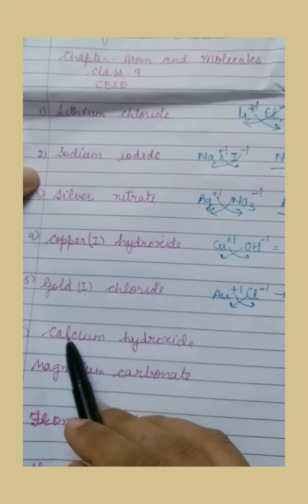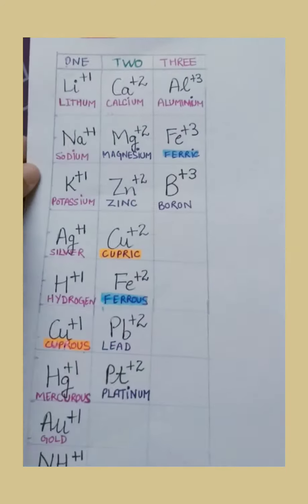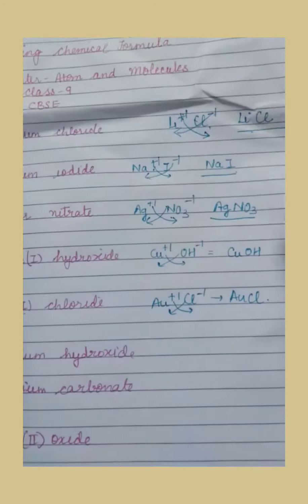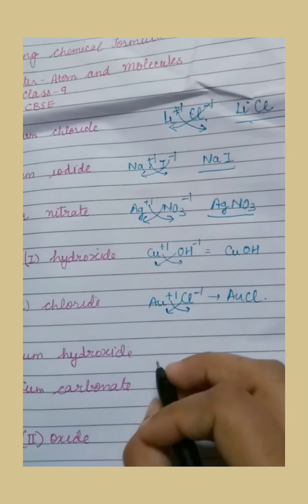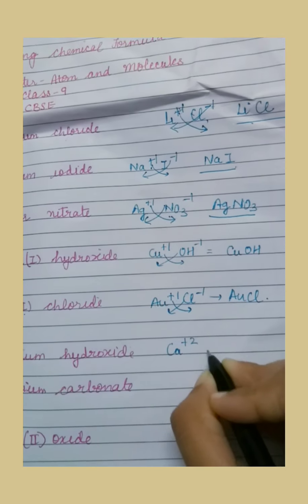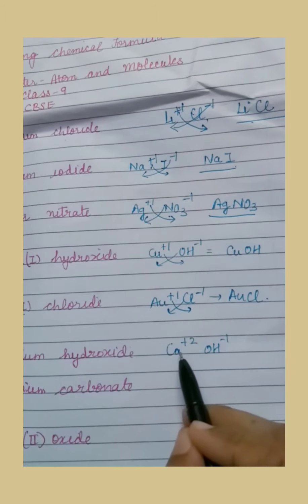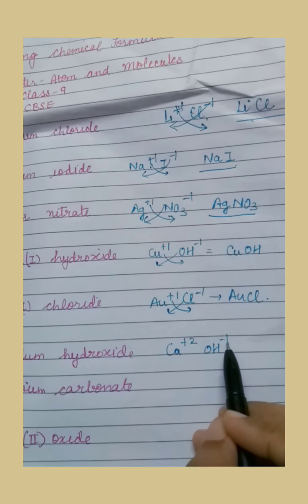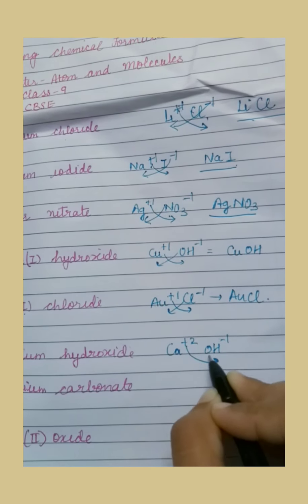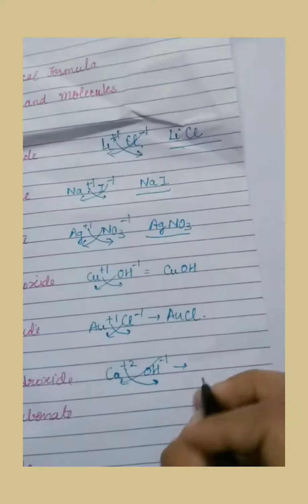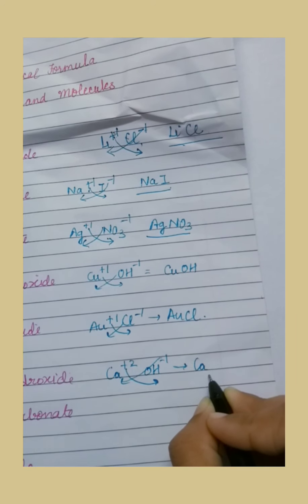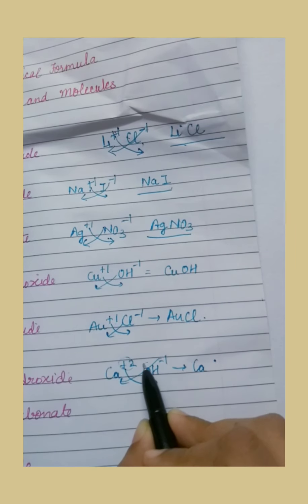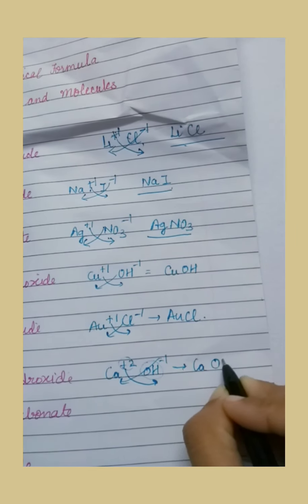Okay, so the first is calcium hydroxide. Let me check the formula. The calcium formula is Ca+2, and hydroxide we have already done, OH-1. So we will just write calcium and hydroxide minus 1. Now you can see the valency of calcium is plus 2 and this is minus 1, so the valency won't cancel out, right? This will go here and this one will go here. So you will write Ca1, right? The subscript is 1 here, and because this 2 has to apply to the whole hydroxide, I have to write